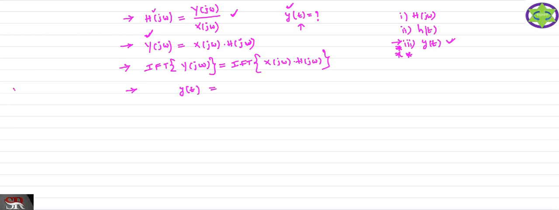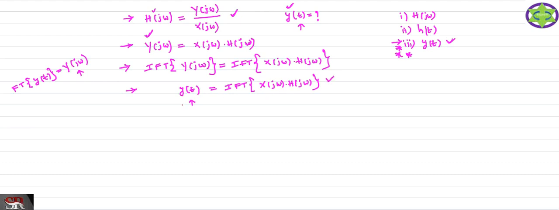Already you know the Fourier transform converts the time domain signal into the frequency domain, that is your Y of j omega. If you apply the inverse Fourier transform on both sides, you get the inverse Fourier transform of Y of j omega, which is equal to y of t. Now the right hand side is the inverse Fourier transform of X of j omega multiplied by H of j omega. To find y of t, I need to calculate the right hand side equation.